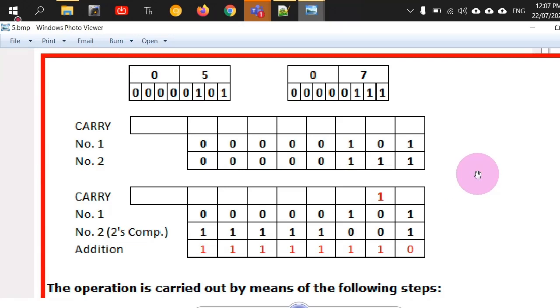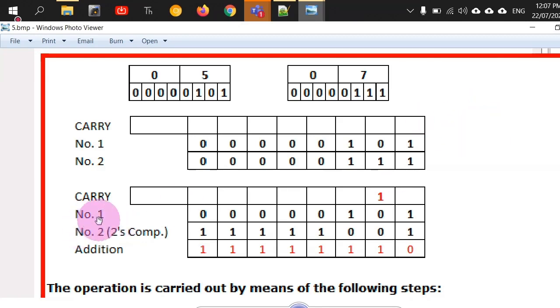Now, the next thing is after the addition of 2's complement to the original number, the result that you get is still not the full processed result. There is some more processing required to be able to interpret the result. The result is correct, but the interpretation will depend upon two different conditions. So that is what we are going to explore here.